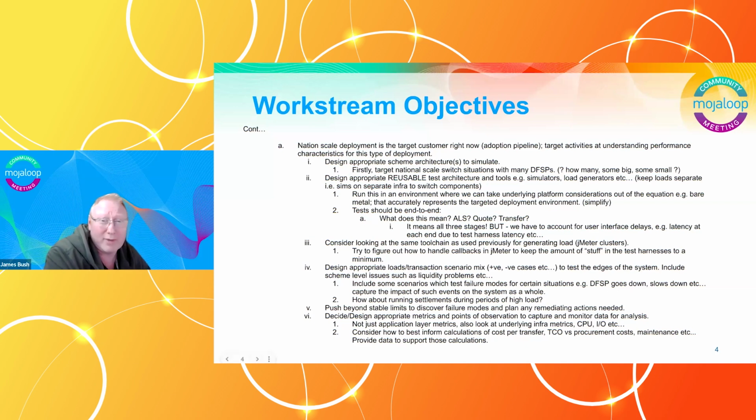Made it quite tricky and difficult to isolate different parts of the system. So we used the SDK scheme adapter as a front end in front of JMeter to work around that limitation. But obviously, you're introducing another component into the system there, the SDK scheme adapter itself, which had some interesting performance